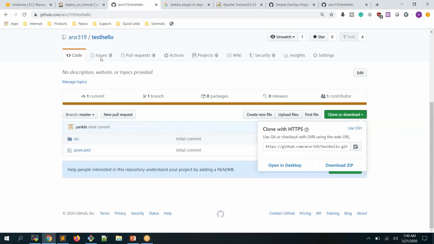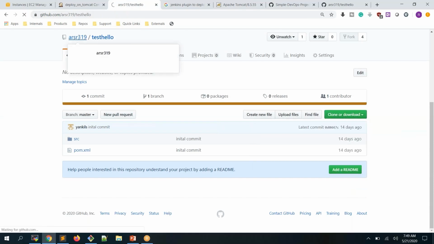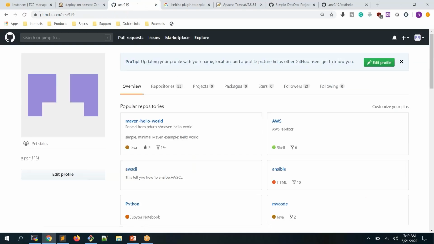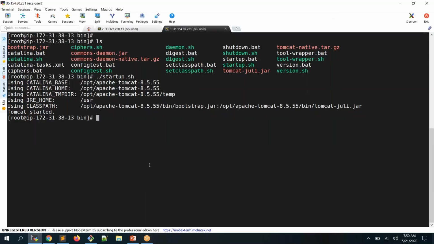Now what I'm going to do, just think that I'm asking a developer that I need a Java project which generates the war file, not the jar file. Which generates the war file, we need that project. So that is what I would like to say. Now what I will do, I'm going here and I will generate the Maven project, that is mvn